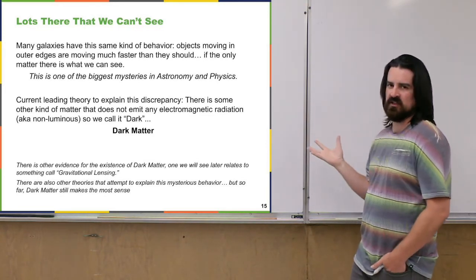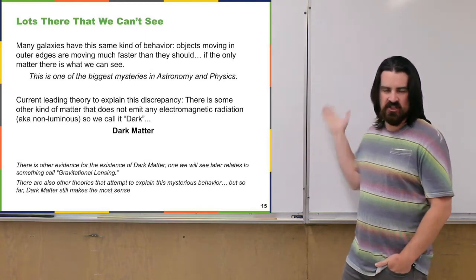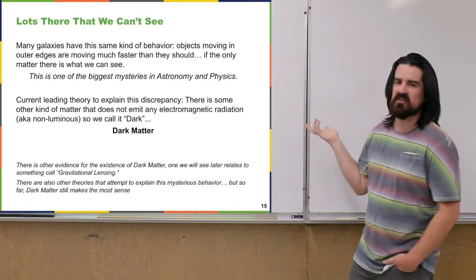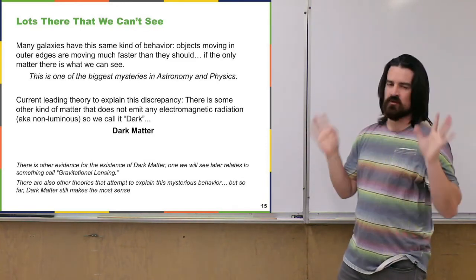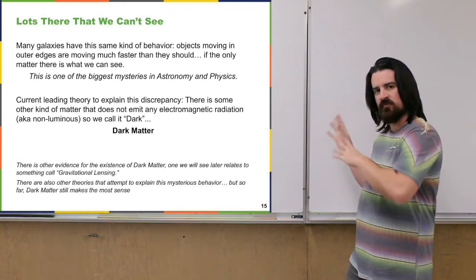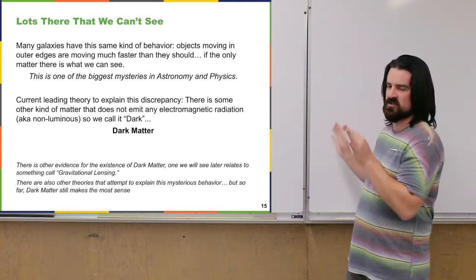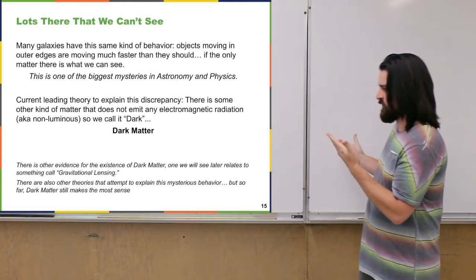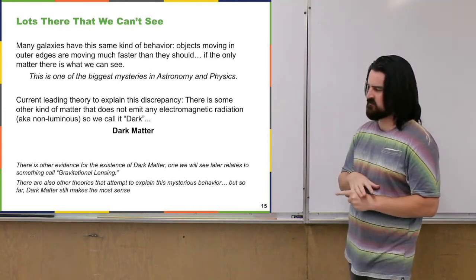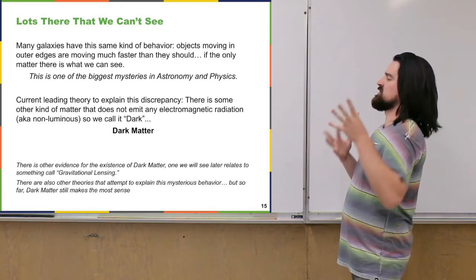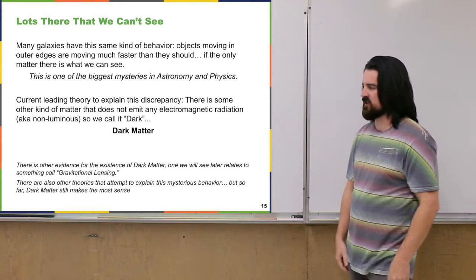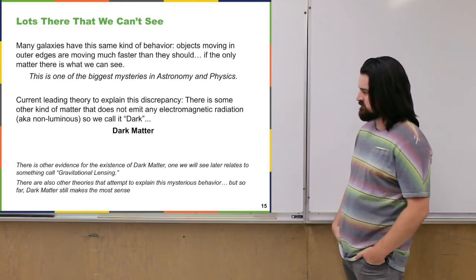And then later on we'll see there's other evidence. It's not just the rotation of galaxies that makes us think there's dark matter around. There are a number of other places that point to the fact that there is a lot more matter in the universe, we just can't see it, or it doesn't emit any kind of light. One of those things that we'll talk about later on has to do with gravitational lensing. That has to do with dense areas of this dark matter that seem to be warping space-time, having that gravitational effect, but still being dark and non-luminous.